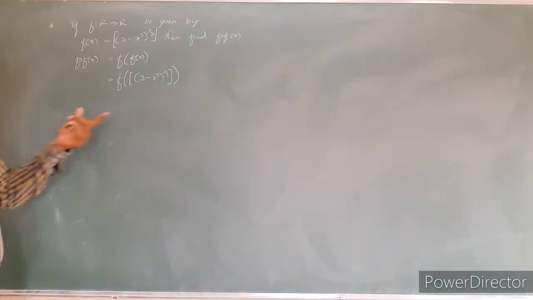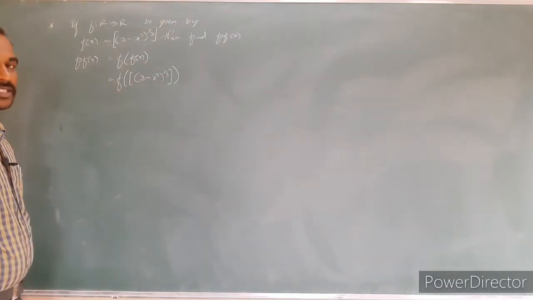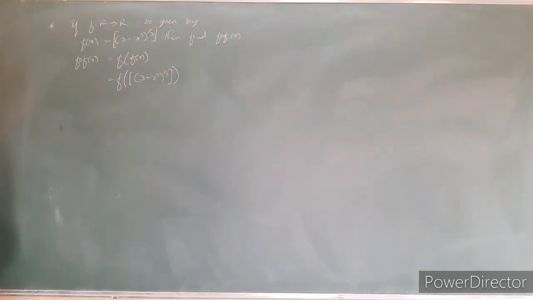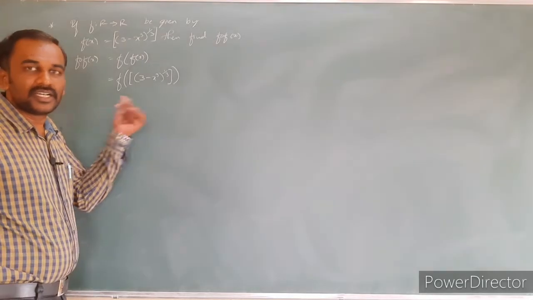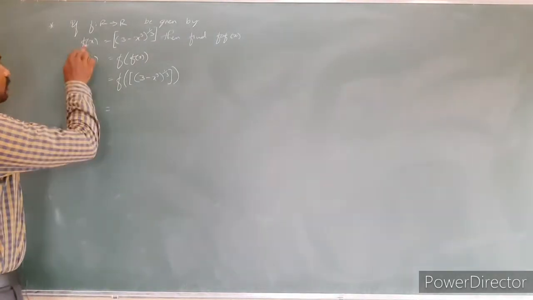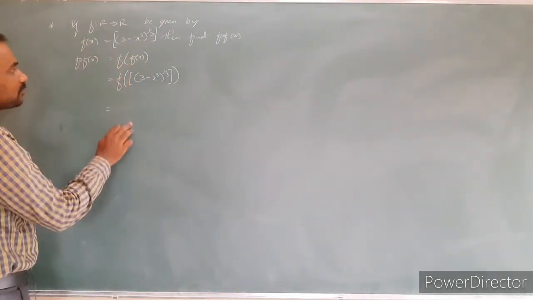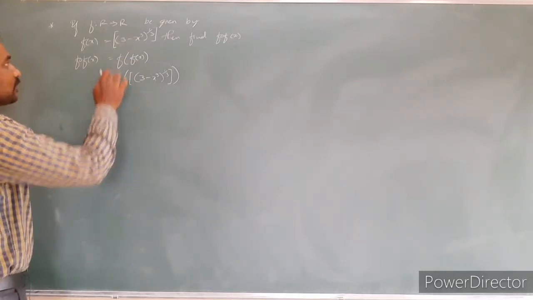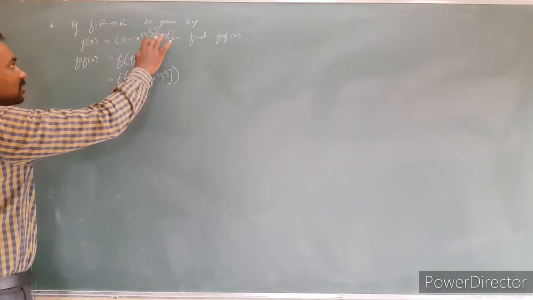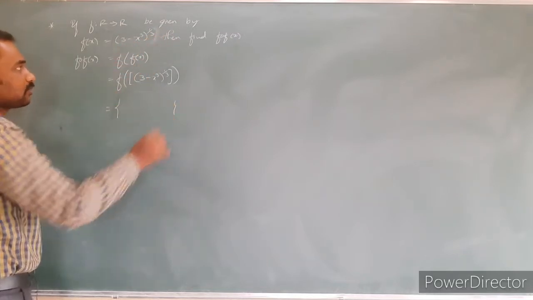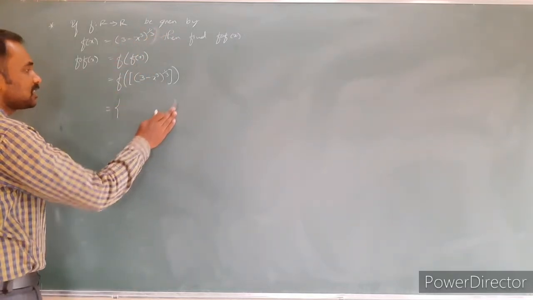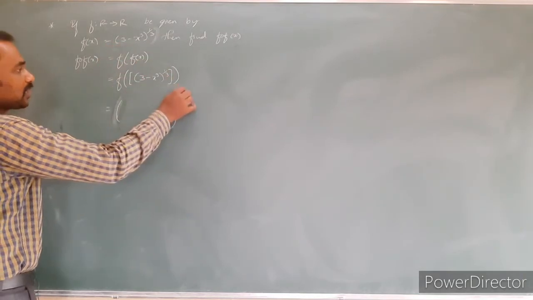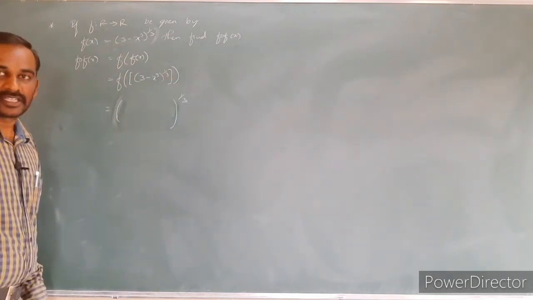Now again it is in the form of f of x. What is the x value? This square bracket is the x value. So wherever x is there in f of x, replace it. I just remove this one and take the flower bracket, which is anyhow not needed. Open bracket, whole power 1 by 3.